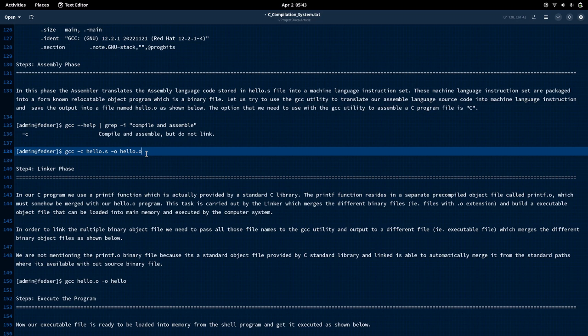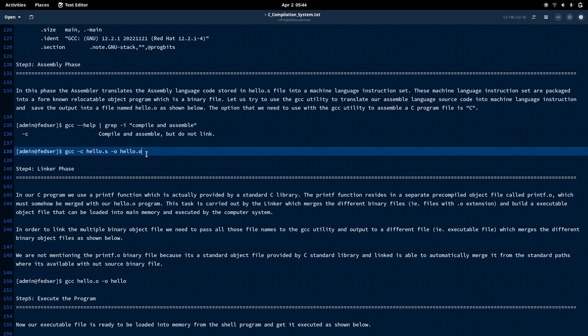So in our case, it will try to link our code hello.o with the stdio.o object code, which gets generated with the same procedure we have followed, the compilation phase, using the stdio.c file.